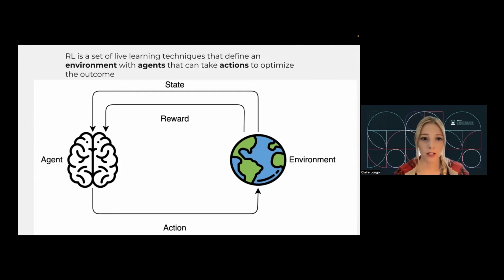So the way I like to think about it is have the agent here, which is the brain or the robot. It is living within some kind of environment. This environment is defined by your data and the possible set of actions. The agent will take some action in this environment, and then there'll be some kind of response. And based on that response, the robot will learn and then take a different action. And every time I take an action, the state of that environment and the agent's observation of that environment changes. But the benefit here is we can try a lot of different actions and see what that reward is, and then through trial and error, we start to learn this optimal set of actions that the agent can take.